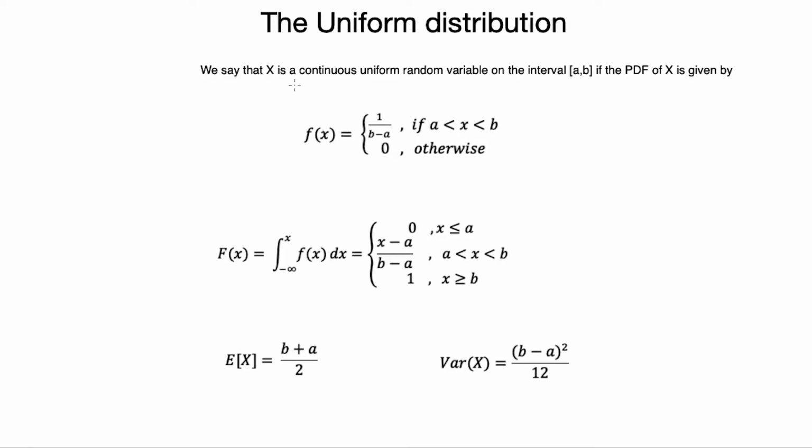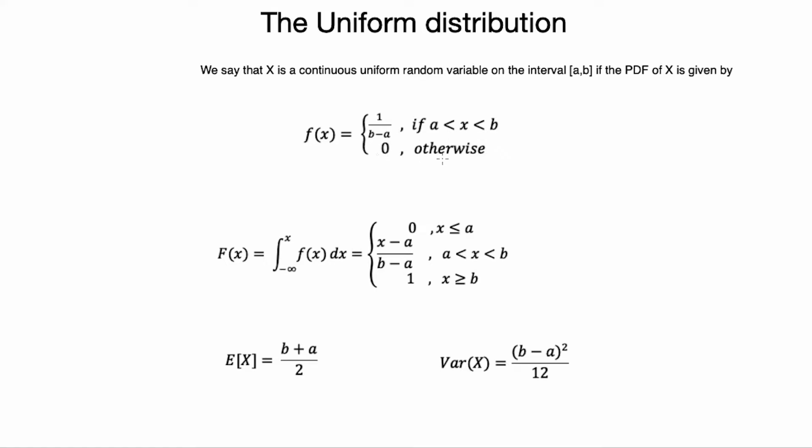Hello everyone to this lecture about the probability distributions in the case of continuous random variables. So we will start by the uniform distribution. We say that a continuous random variable x is uniform on the interval [a, b] if it has a PDF of f(x) equals 1 over b minus a if x is in the interval (a, b),